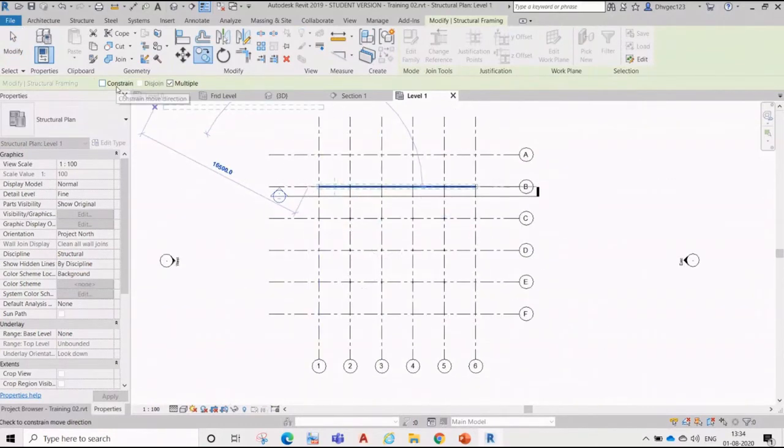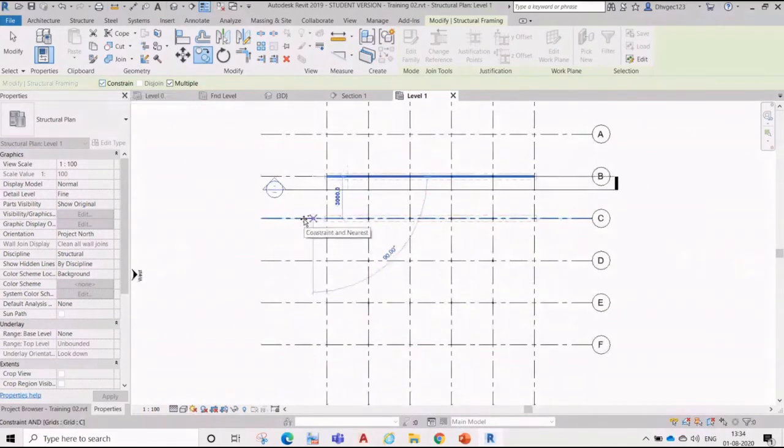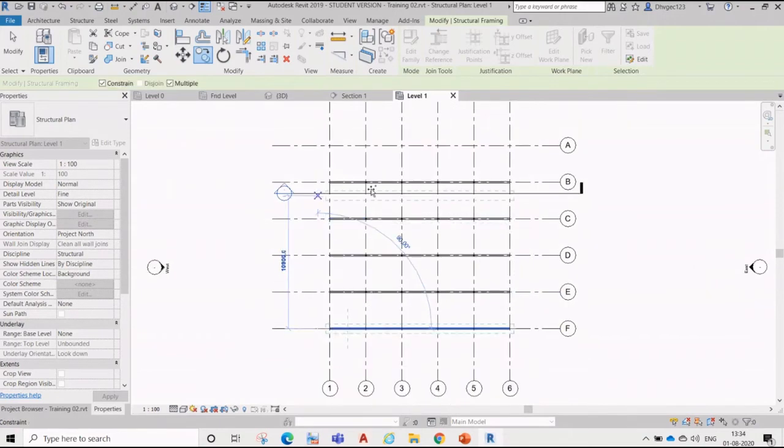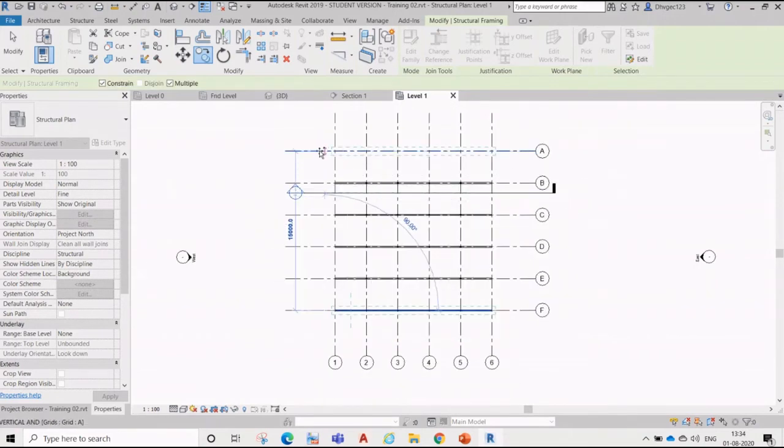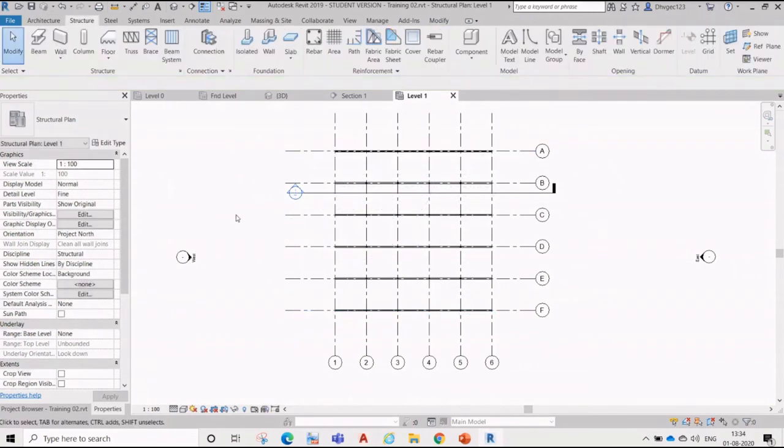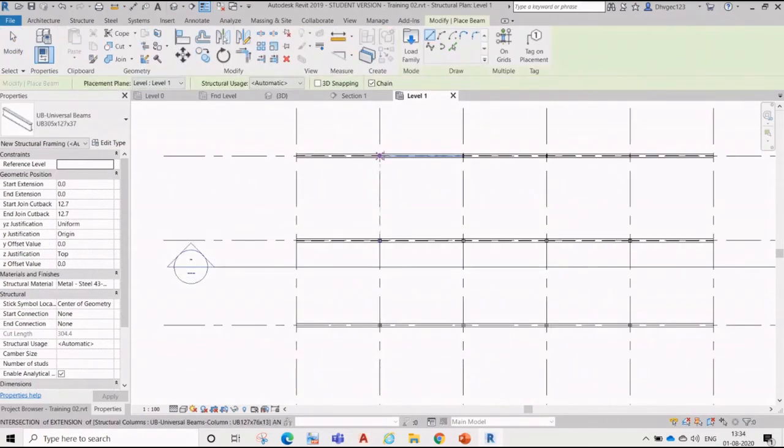The constant is like F8 in AutoCAD, right? Right now you can see I can move in this direction, I will not put offset over it, right? Now I will put concrete beam in a different direction, right?